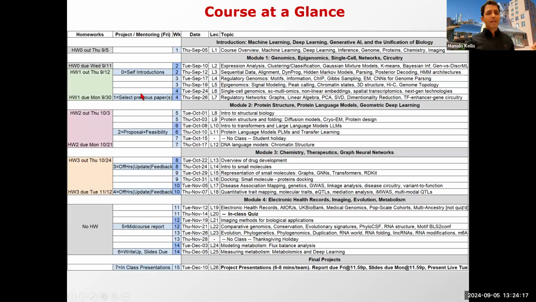Then the second milestone at the end of week 4 is going to be selecting previous papers. That means find some cool papers about the areas of interest that you have that you could build on. If you choose 1 or 2 or 3 papers, we can say, yeah, this one's great, this one's not so great. And we're going to be guiding you through that.